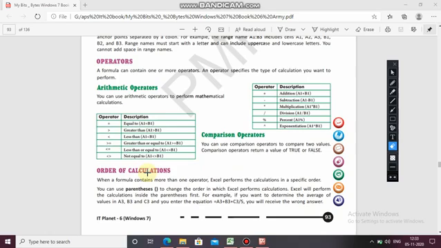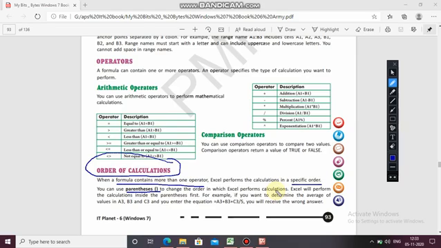Next, order of calculation. When a formula contains more than one operator, Excel performs the calculation in a specific order. So what is the order? Let's see. You can use parentheses, means brackets, to change the order in which Excel performs calculations.